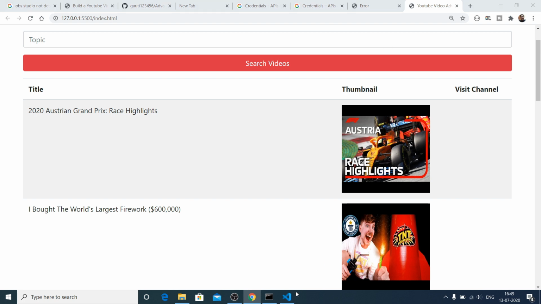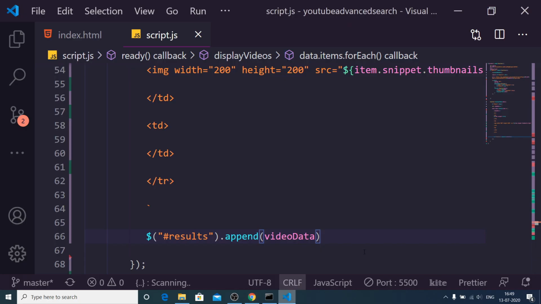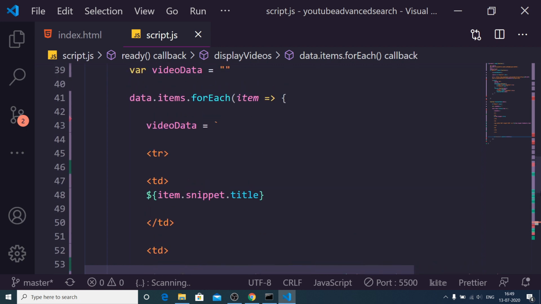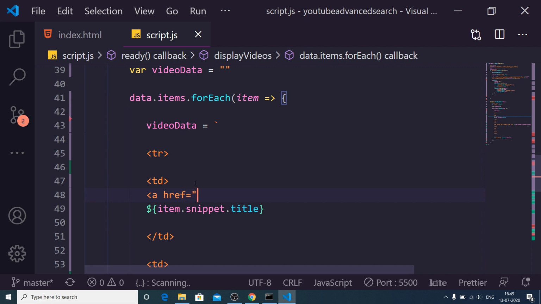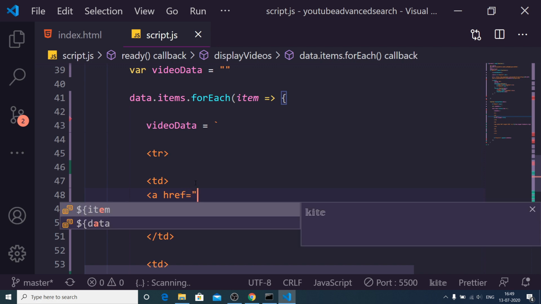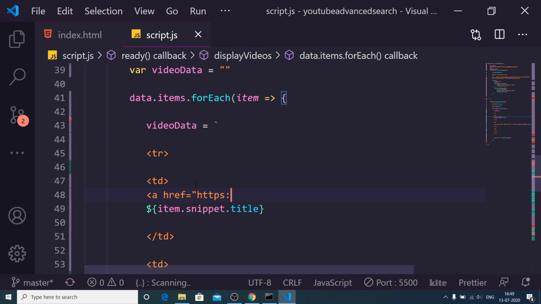So now basically guys, we will make this title clickable. Once you click this title, you will go to the video. So for making sure that you go to the video, you need to wrap this inside an anchor tag. So the href property will go to https://youtube.com/watch?v= and then the video ID, so whatever video ID is there.